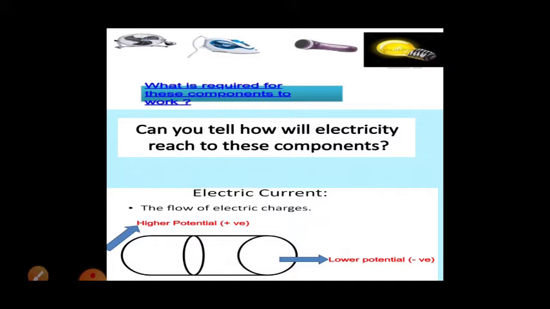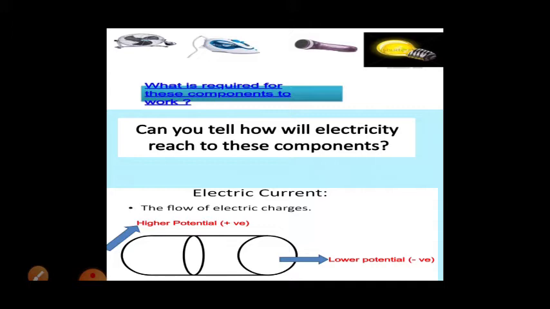This is very important: electric current. The circuit should be complete for electric current to flow. From the source, the electric charges move from one place to another, from the positive terminal to the negative terminal.